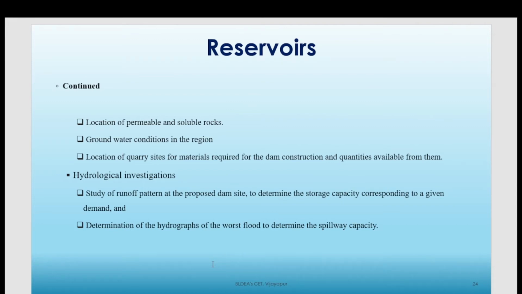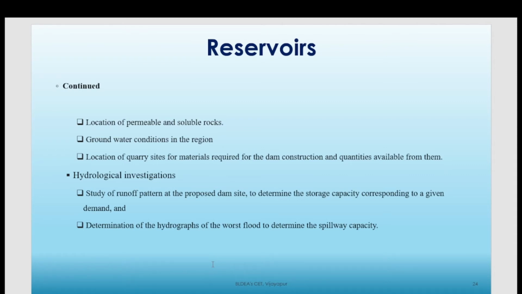And also you will understand that if there is a worst flood or a worst rainfall period, a huge amount of runoff will be generated. If the runoff generated is beyond the demand or beyond the storage capacity of your dam, how do you discharge that excess, surplus amount of water? In order to define the spillway capacity, in the spillways that you saw previously in the Almaty Dam, you can imagine how many gates are provided, right? So you need to identify what is the worst flood that is supposed to come.